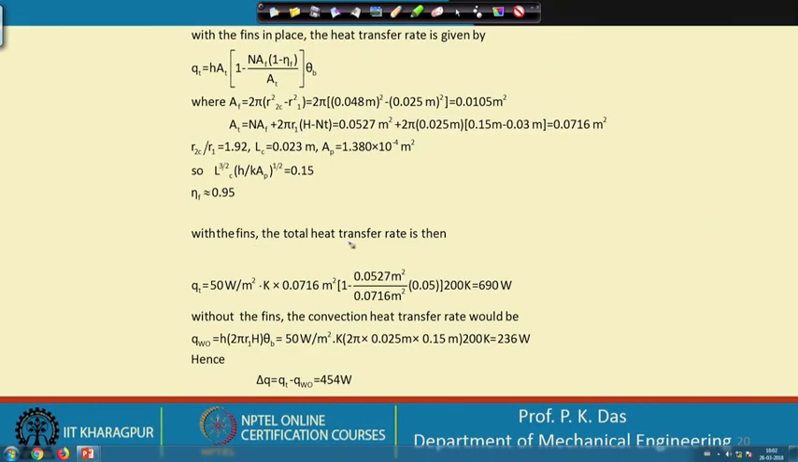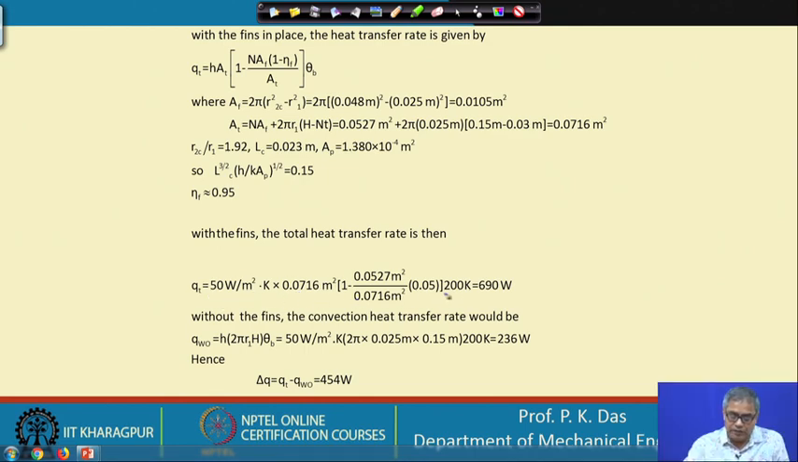With the fins, the total heat transfer rate is given by this, Qt. All this formula you can see, and with this we can determine the total heat transfer, and the total heat transfer is actually in this case 690 watt. 690 watt will be the total heat transfer from the cylinder of the internal combustion engine. Now, this heat transfer comes from